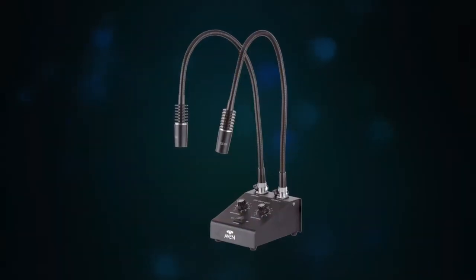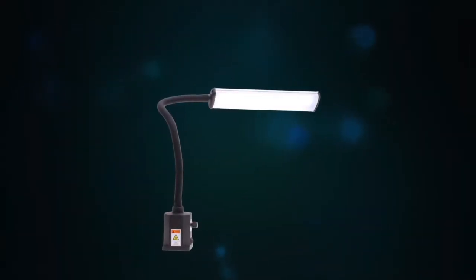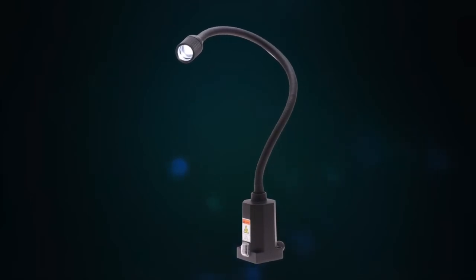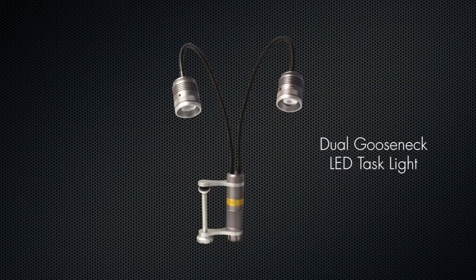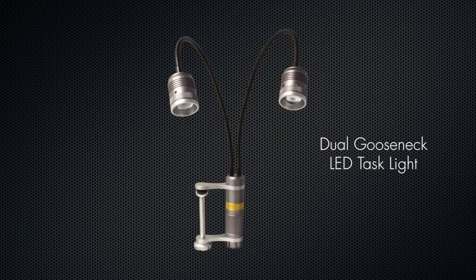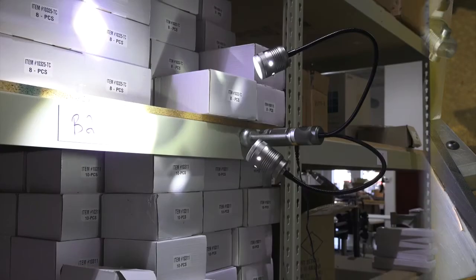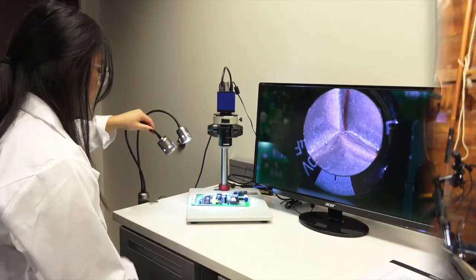Aven is always on the forefront of developing new products to enhance your workbench. Our new dual gooseneck LED task light is designed to be configured for nearly any task. As Aven continues to lead the industry in developing versatile, heavy-duty task lights to aid in industrial and precision work, we're proud to offer the new dual gooseneck LED task light designed for workshops, machining centers, warehouses, garages, science labs,